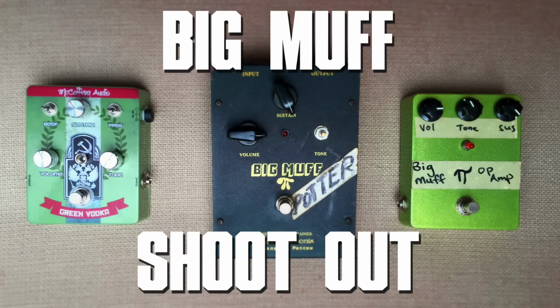Yeah, it's a very filtered sound. I feel like the tone on the Green Vodka and the Electro Harmonix Big Muff is a very different structure. Sounds like an AM radio. That thing's heavy though. That's a heavy sounding fuzz. Let's mess around with that. Very doomy, you know? Here, I'll switch you back on, Steve, if you want to mess with it. Yeah, it's just really big and...